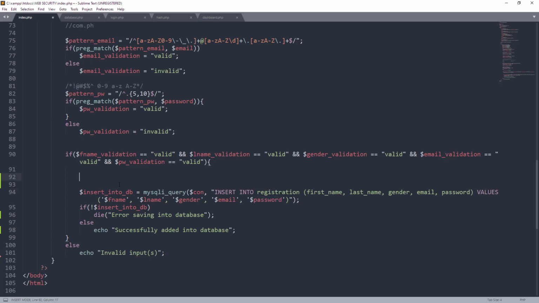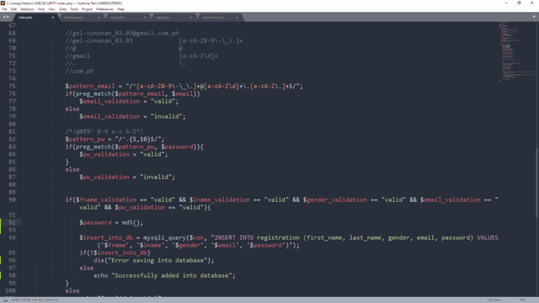So, to do that, okay, $password equals, let's say, we're going to use MD5 muna. Ayan. Or MD5 na lang. Okay, so since naipakita ko naman na sa inyo yung differences na mga hash values or yung hash algorithms na pwede nyong gamitin. So MD5,